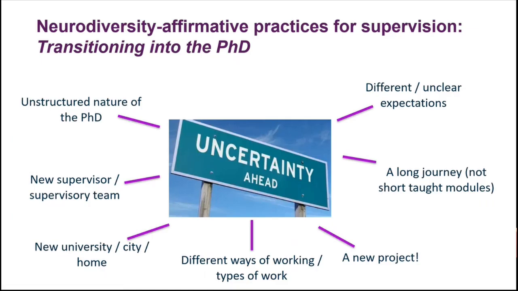So we have to bear in mind that not knowing what is ahead of us, the lack of structure that we have at the beginning of that PhD journey, will all feed into heightened risk of experiencing anxiety, uncertainty, and that having an impact on self-confidence and self-belief in being able to pursue the PhD right at the start of that journey. Not knowing what's ahead and wanting to understand how things are going to pan out exactly for the next 3 years is not uncommon for any PhD researcher, but is especially common for neurodivergent, especially autistic students.